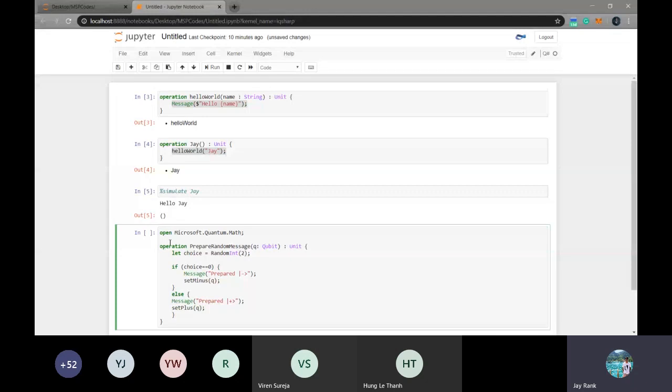Now let's just define our two operations. Firstly, operation SetMinus. So what's incoming here is again the qubit. Sorry, I just forgot to return that unit. Now the most simple operation that you can use to manipulate a pair of qubits is by using the reset gate.